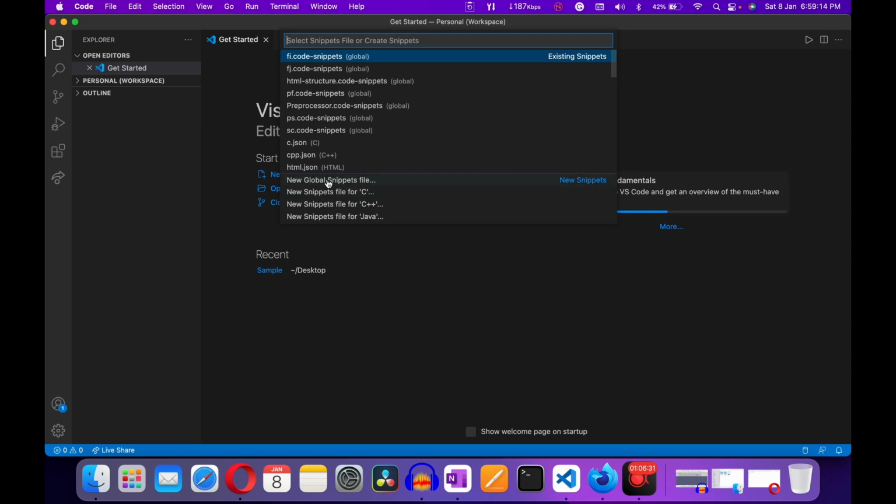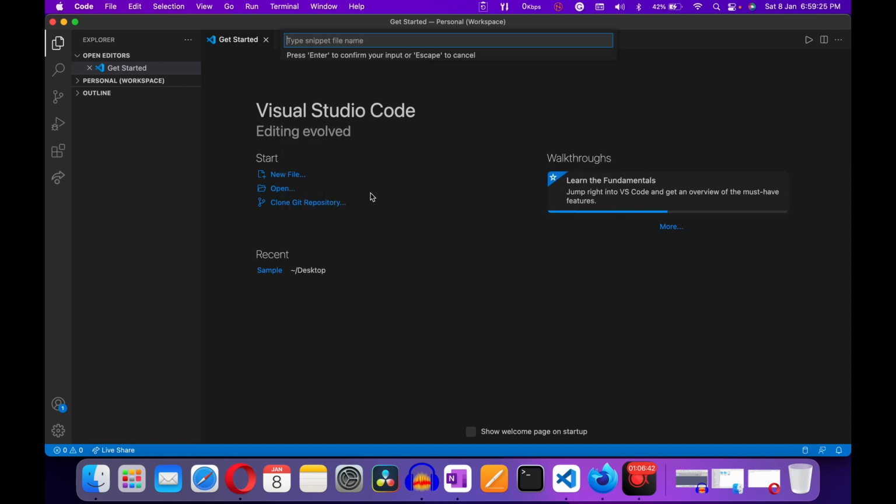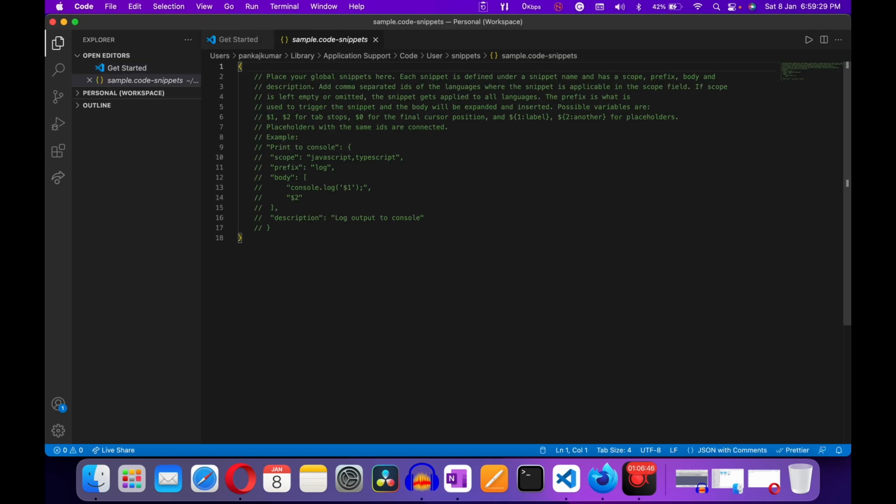Just click on it. Here you can type your snippet name. I'll just type sample and hit enter. And here you can see some previous code is written. Here you can edit your snippets. You can edit your code snippet starting from the prefix, which is what you want to type, and after typing